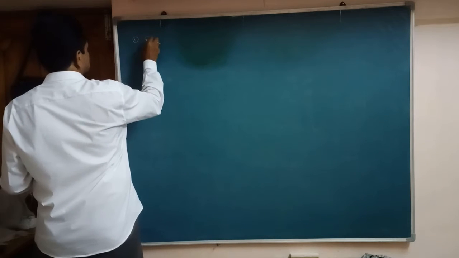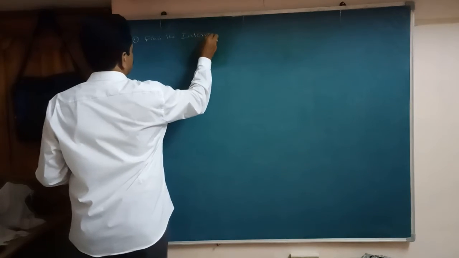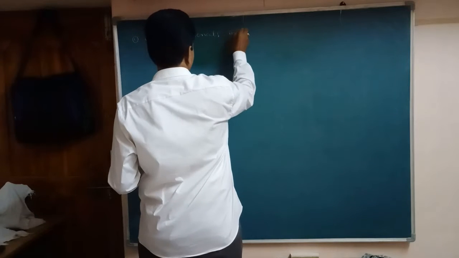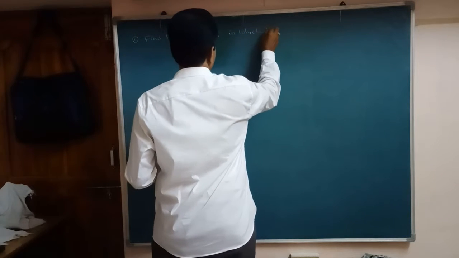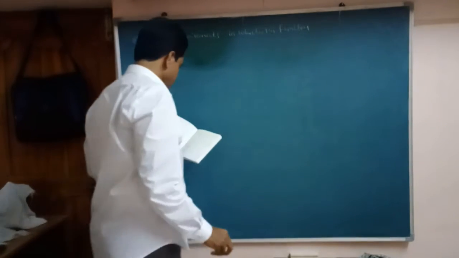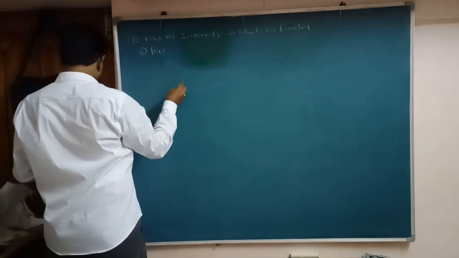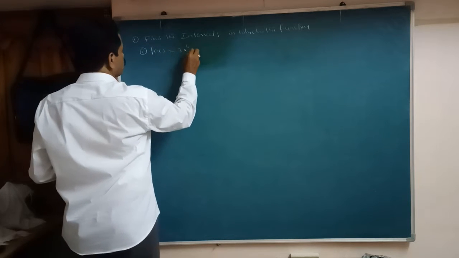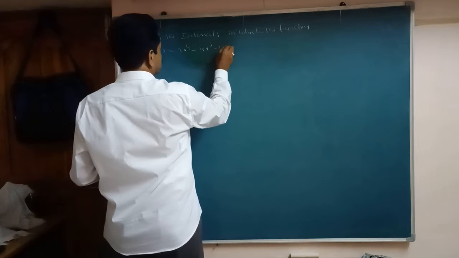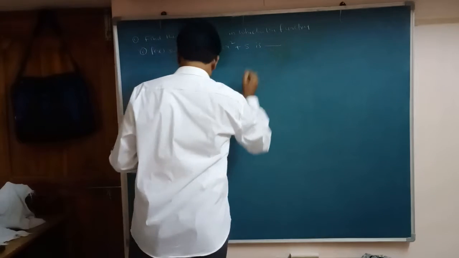Find the intervals in which the function, first one, f of x equal to 3x power 4 minus 4x cube minus 12x square plus 5 is